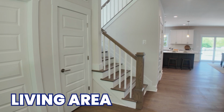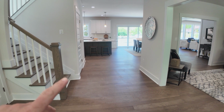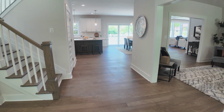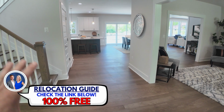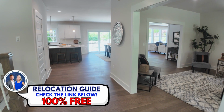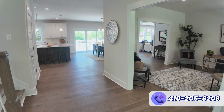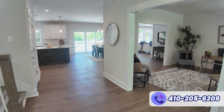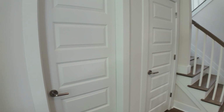Right here, I'm standing in the foyer, and I'm gonna turn this around for you. So you can see, as we walk in, this nice luxury vinyl plank flooring, wide plank, really nice. It is not the gray. We've seen the grays time and time again. Those are out, thankfully, and this is more of a lighter mix, still with a little touch of that gray. So we come in, first stop here